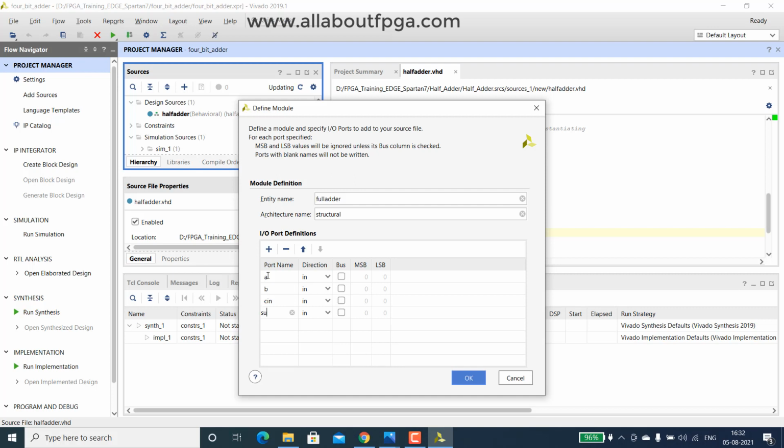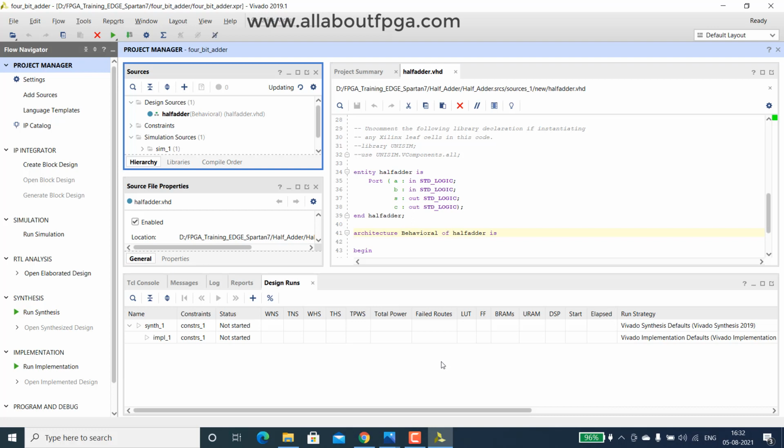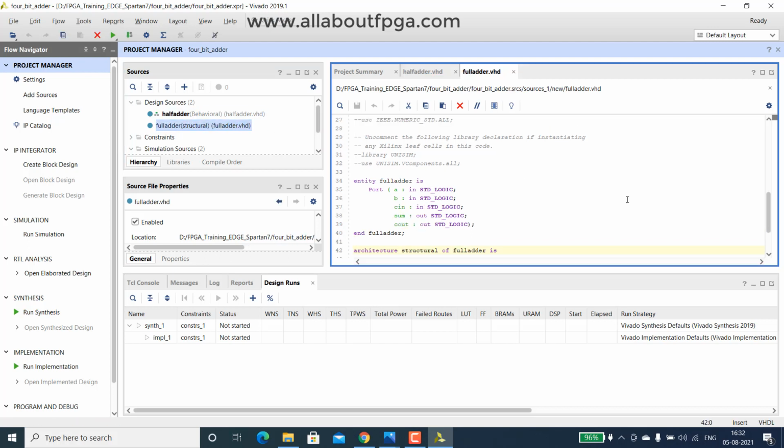Then sum and C out as an output. Okay. Now the full adder module was created.